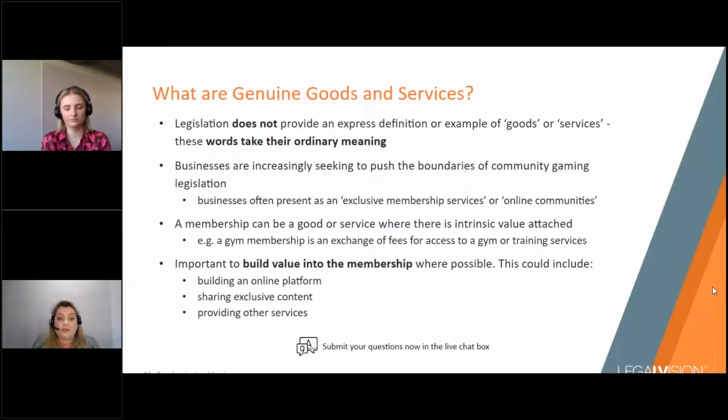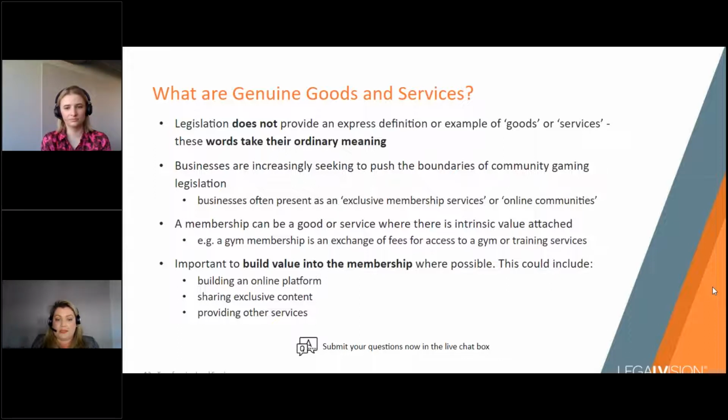We're seeing the rise of a lot of businesses that are presenting as being an exclusive membership service or online communities, and these businesses are running regular and ongoing lotteries, which they have crafted as trade promotions. We're seeing these membership style businesses offer promotions to clients who sign up for ongoing memberships. And the memberships offer them discounts or promotions with other third-party businesses. Strictly speaking, these particular business models don't fit into the traditional concept of what a trade promotion is.